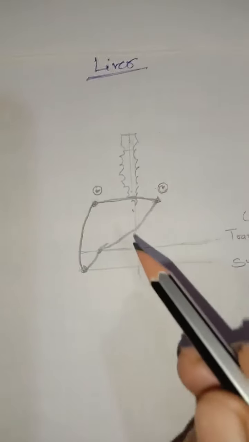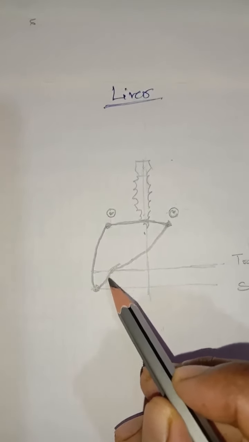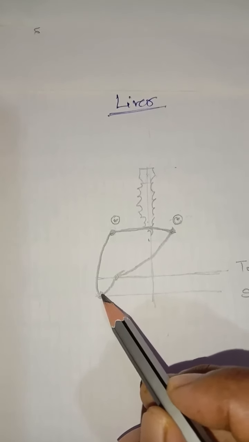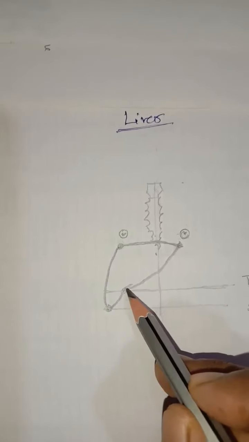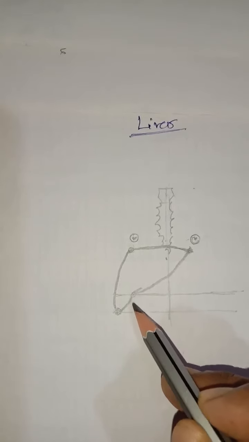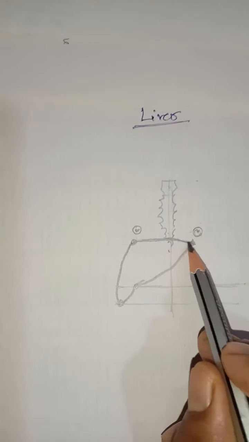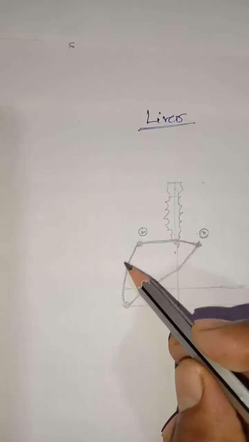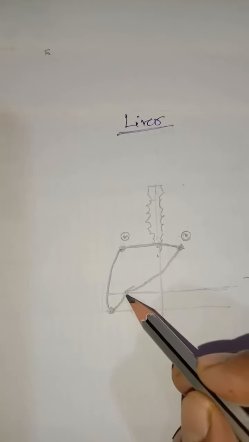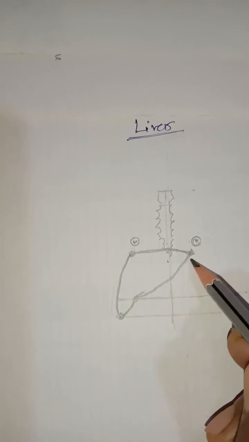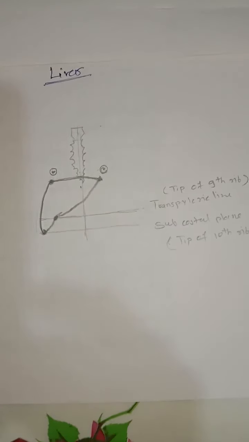So that is the surface anatomy of the liver, and here a small depression is forming, due to the line joined from the third to the fourth point, and from the fourth to the first point. So this depression is the fossa for the gallbladder. Then this upper line is the upper margin of the liver, and the convex line denotes the right border of the liver, and here the depression denotes the fossa for the gallbladder, and this line denotes the inferior border of the liver. So that is the surface anatomy of the liver.